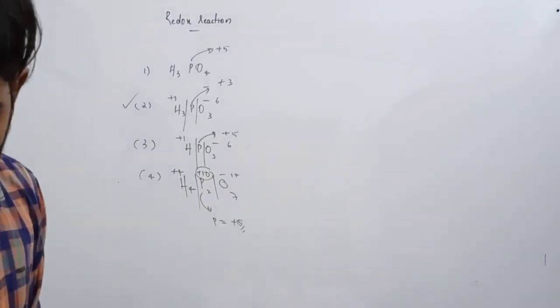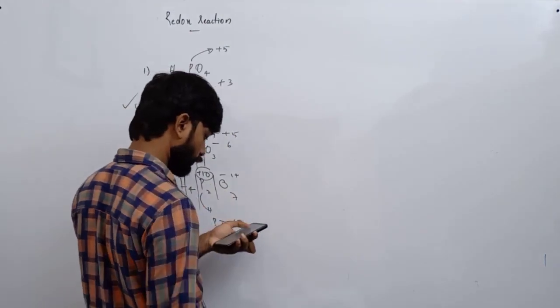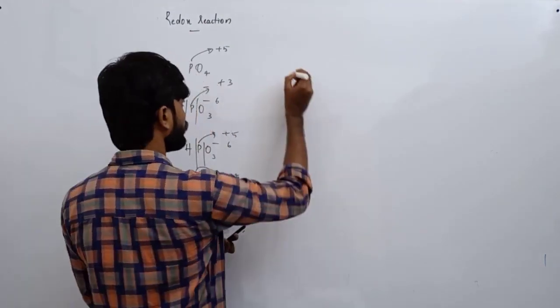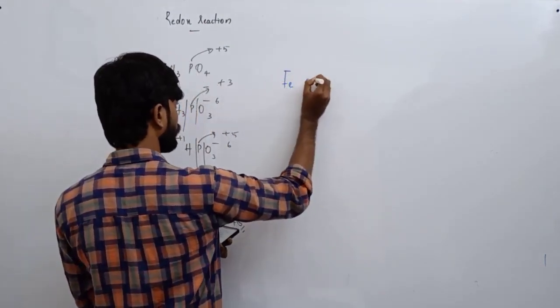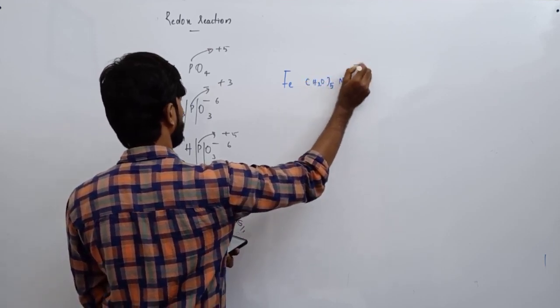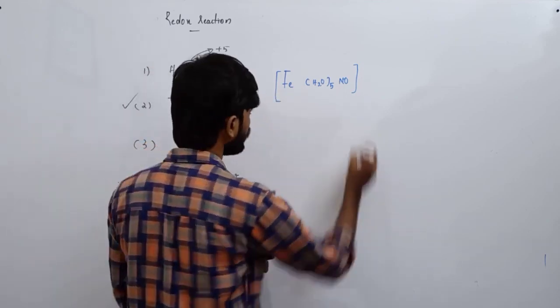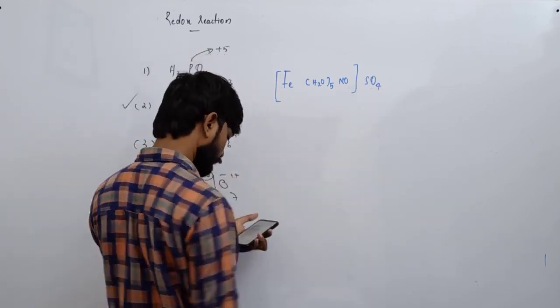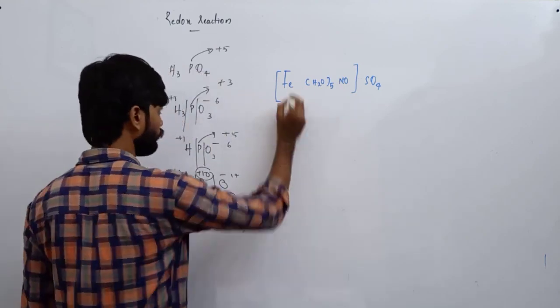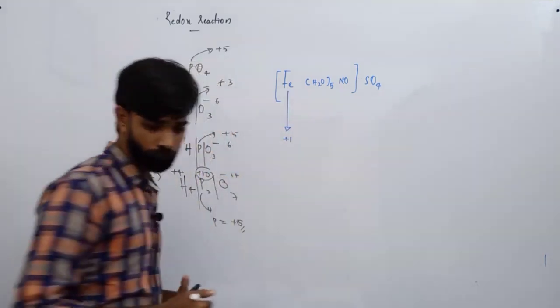The next question, I think it is discussed in the theory. The brown ring complex compound is formulated like this. Then what is the question? The question is the oxidation state of iron. We know that this is in +1 because